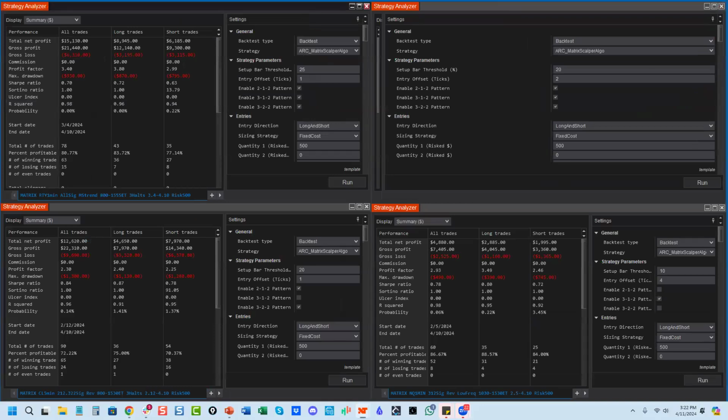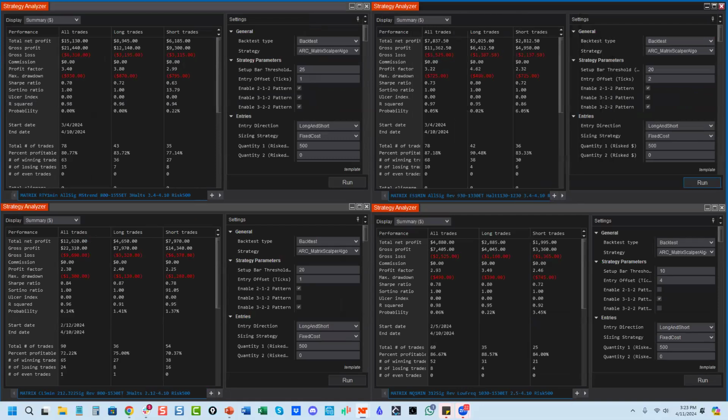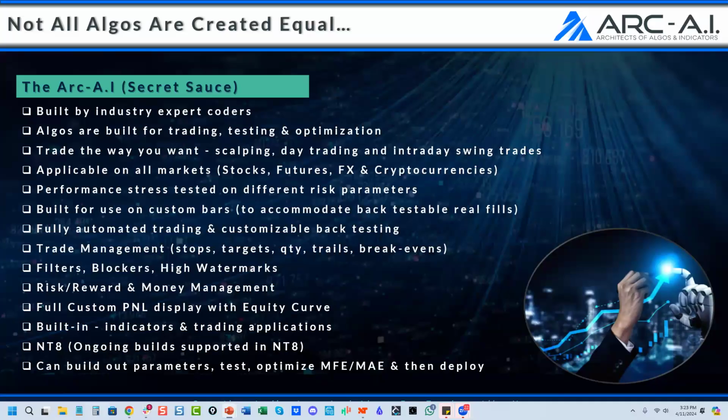So why am I saying this? Because for those of you that are new, or those of you that just think, oh, it's just another algo, I can assure you it's not. I can assure you it is not. And so we're going to go in here and say, this is what separates us, because you're not just getting an algo, you're getting a complete infrastructure for quant testing and building and optimizing and testing alongside the algo.